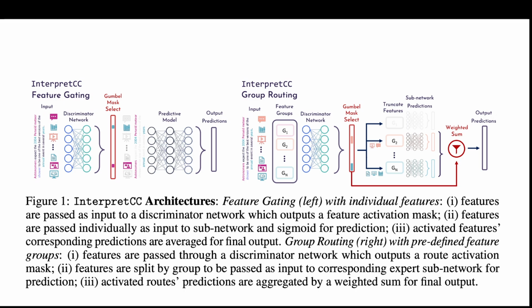What feature gating does is that we have a set of discriminator layers that basically picks for each entry that comes in. And let's again take the case of a student. We're trying to predict early in the course that they're going to pass or they're going to fail, such that we can give them some additional help before they reach the end of the course, such that they really don't fail the course. Okay, so given this use case, we have all of these features.